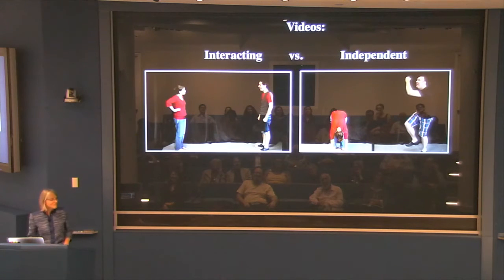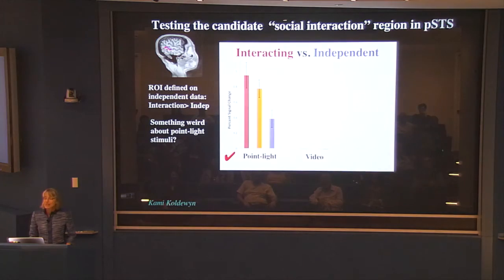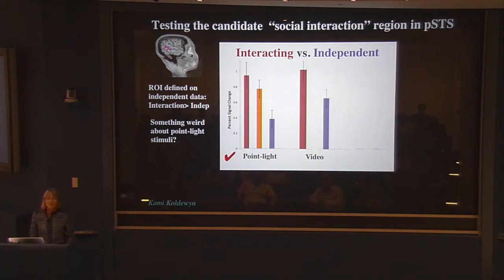Okay, all right. Okay, so what do we find? Same deal. Higher response to the interactions than the independent activities. Okay? It's a little less selective here. I think you can actually infer an interaction even for the independent ones. Anyway, we're now sticking all of these things on Mechanical Turk to get ratings of percepts of interactions, so it's not quite so hand-wavy. We'll see what that turns out. But basically, it's the same pattern.